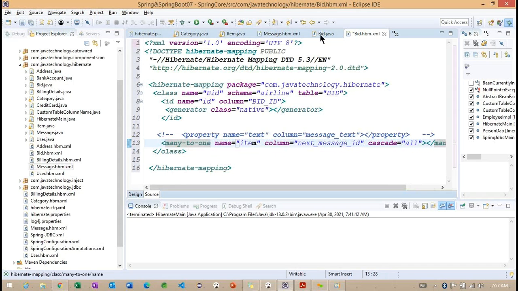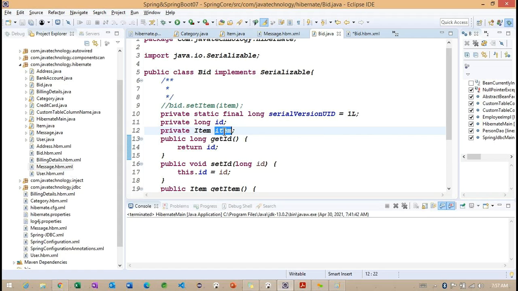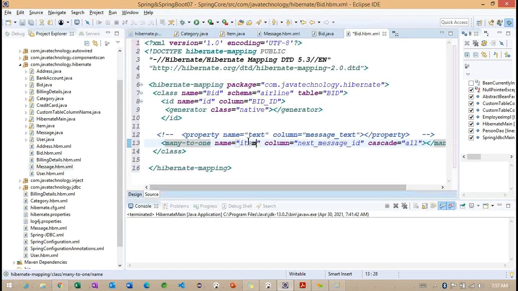So what is the name we specified inside this particular bit? Whatever name we are specifying, we need to configure it as the name. Right. So here the column: what is the column we want to make? Because here we are trying to work with the item. So now what we can do, I want to change to the item area. Here I want to make this relation with the item ID. Carefully observe here, this section is important.